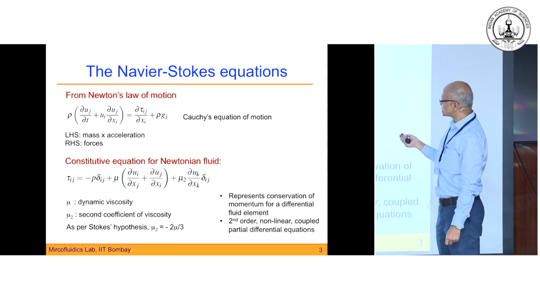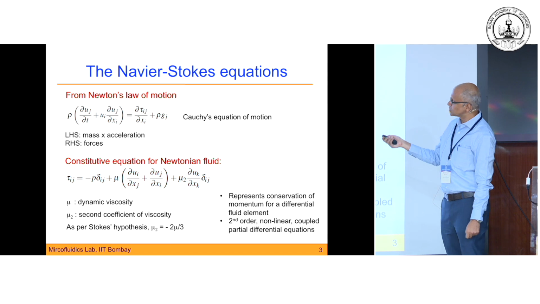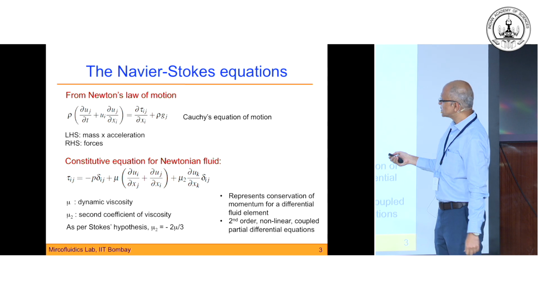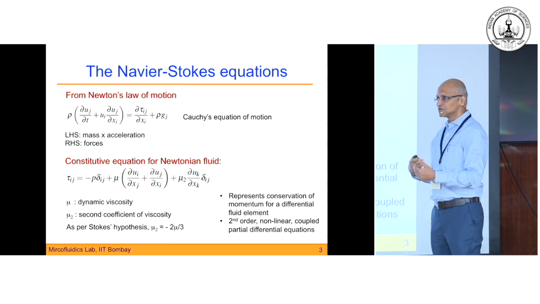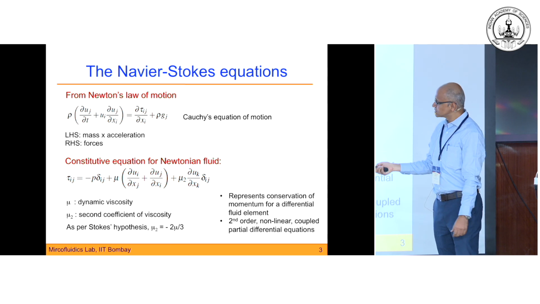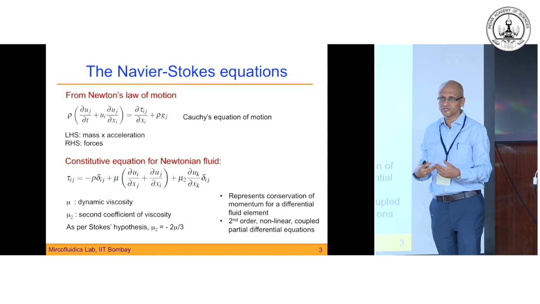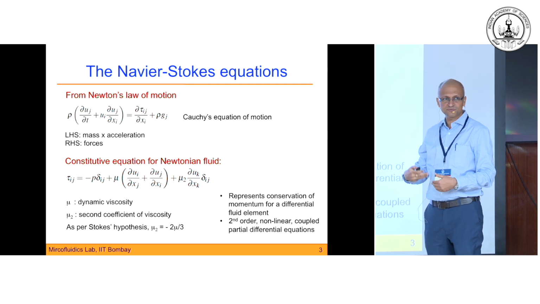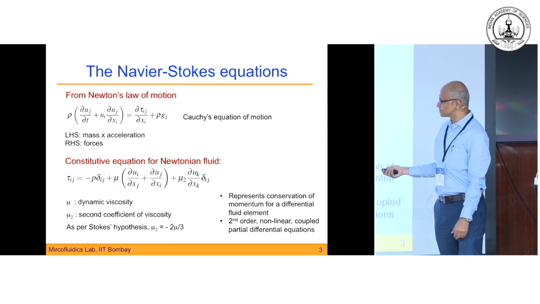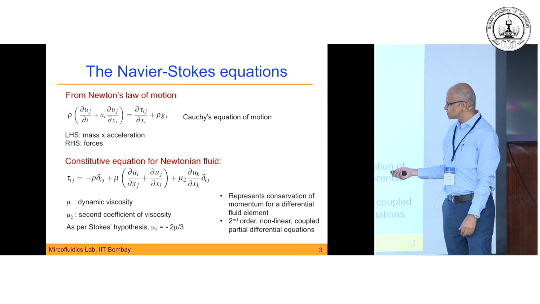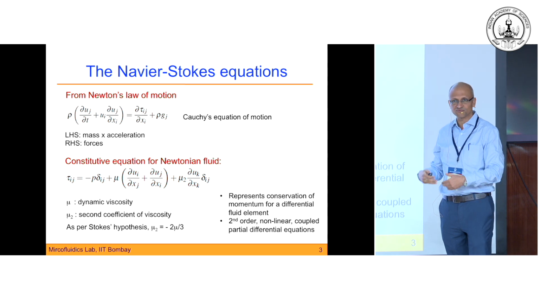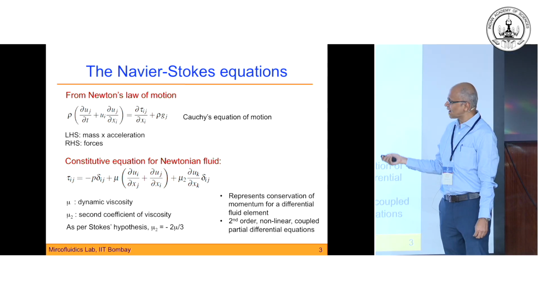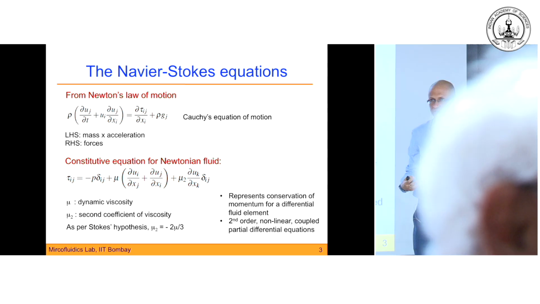At this stage, which is known as Cauchy's equation of motion, the equation is not closed. That means there are more unknowns than the number of equations that we have. So we have to somehow generate additional equations. These stresses are the ones which appear as the unknown at this stage, and they are then substituted into the equation using a constitutive relationship. If you have a Newtonian fluid, you will have one type of relationship. If you have a non-Newtonian fluid, you will have a different relationship here. Once you add that to Cauchy's equation of motion, you have a closed system, and you can solve that.